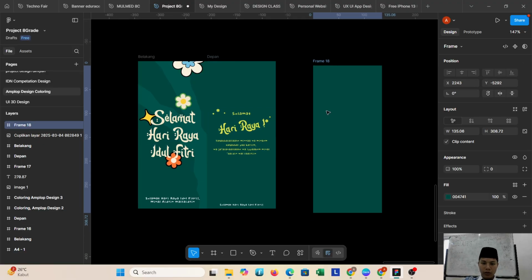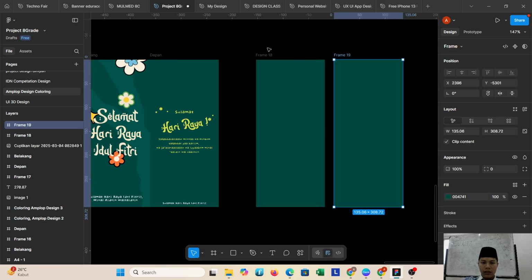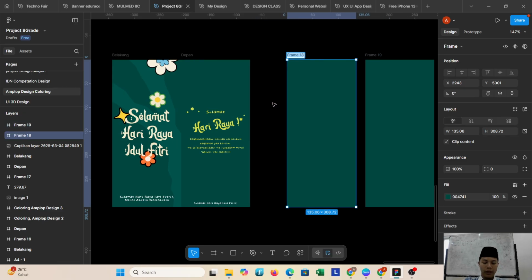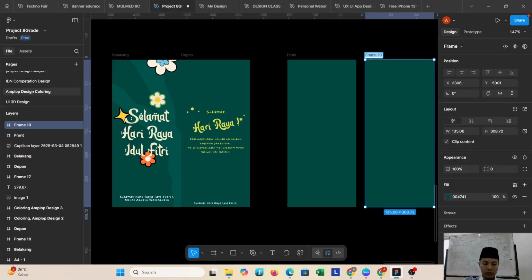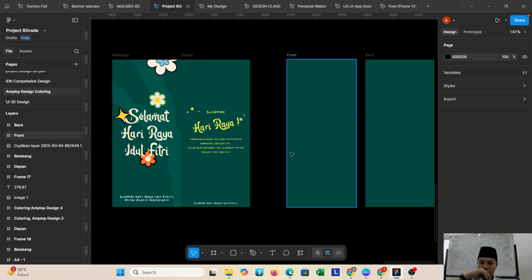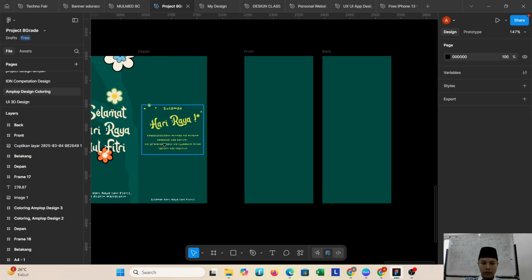If you already have it, you can duplicate your envelope design for the front and back. You can change the names first, this one front and the other one back.